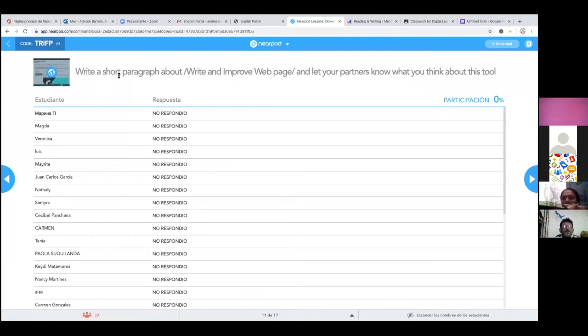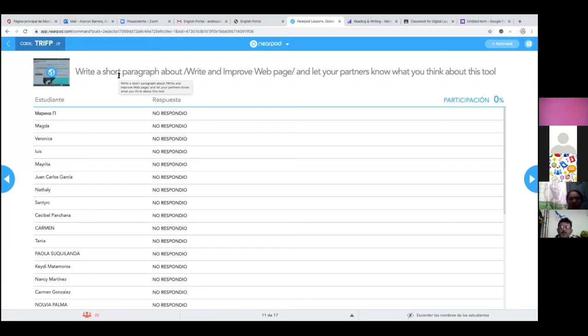For example, here I'm asking you, I don't want you to write it down because it takes time, but I just want to show you that you can structure the whole class here in Nearpod. So you can ask your students to watch a video, and after that video you can ask them to come up with a short paragraph or a summary about the video that they just watched,